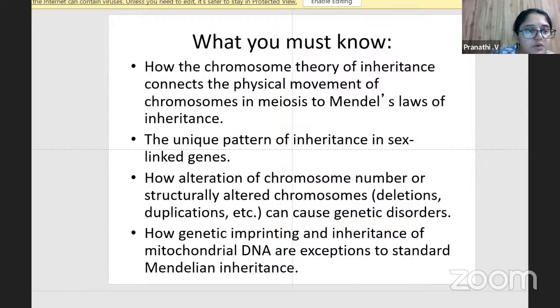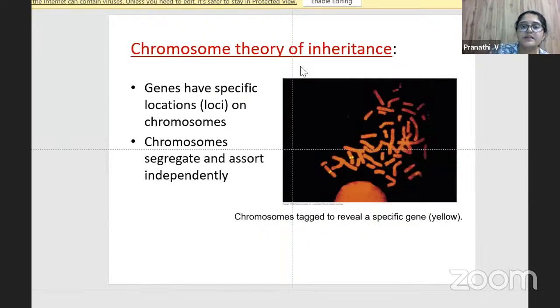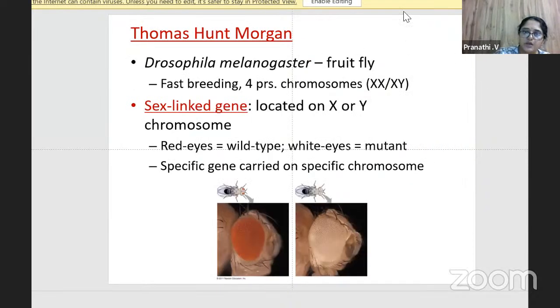And the necessity to link the genes, and why cytology has been linked with genetics as well. So when we see that genes are present on the chromosomes, and these chromosomes are going to be segregated and independently assorted. So it was Thomas Hunt Morgan, in fact, who worked on Drosophila melanogaster,